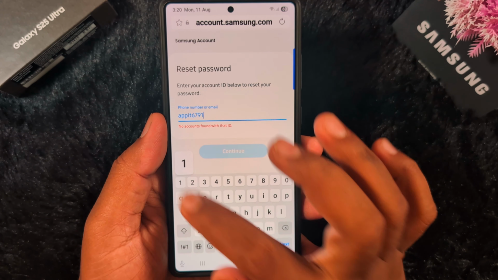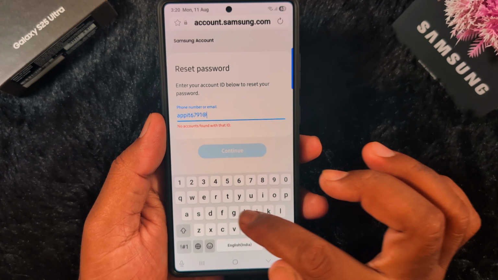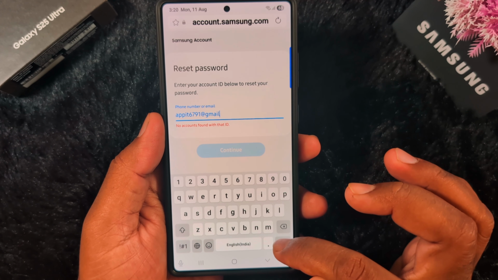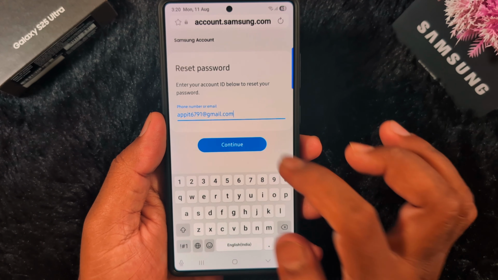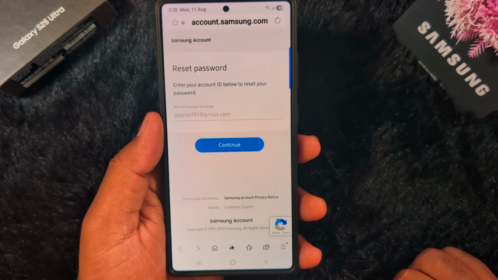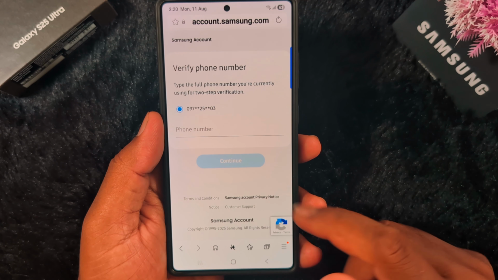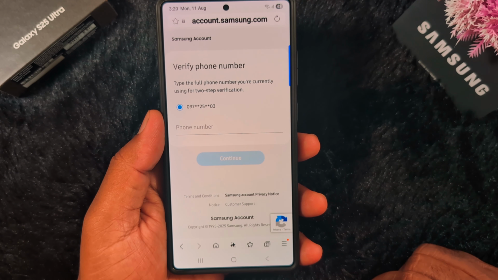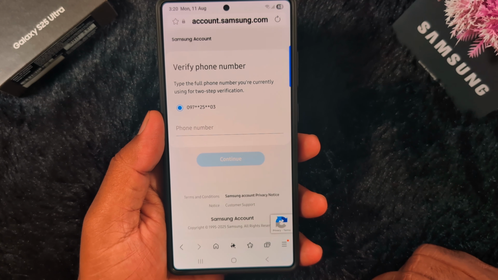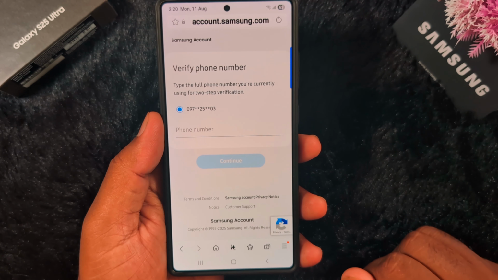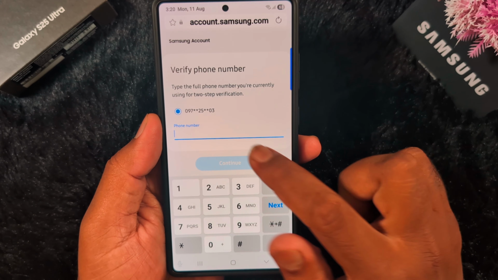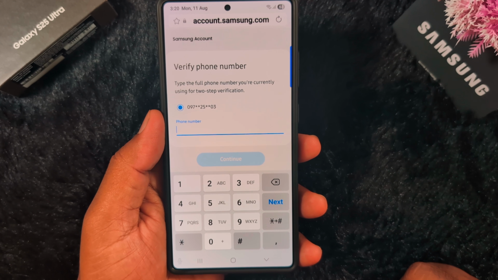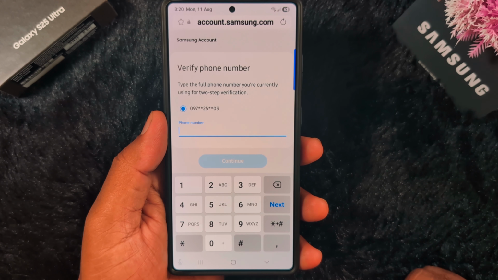Now enter the email ID. Tap on Continue. It will help to reset your password. Now here you need to verify your phone number using two-step verification. You will receive a code on your number. So first of all, you need to enter the phone number and follow the process on your device to factory